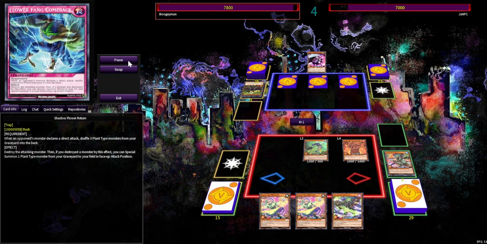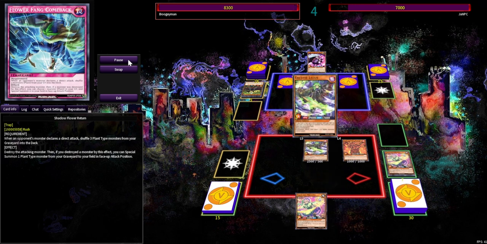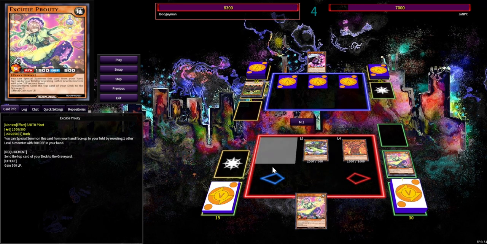We'll go Siege Dragonite, check the back row, and we find they do indeed have Shadowflower stance, so that Shadowflower return rather, so we will be doing the play here. We'll go Proudly, mill 1, gain 500 life points, and tribute over it for the Lilius here. Now I should have just spent the other Proudly in case they had Barrier Statue, but I completely forgot that